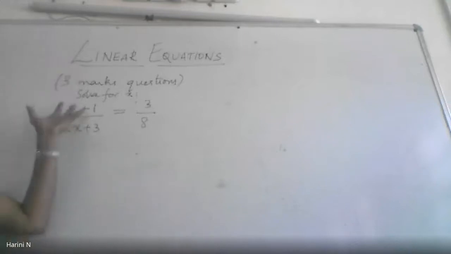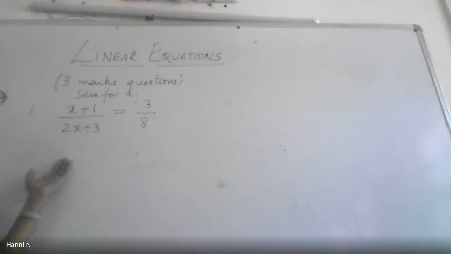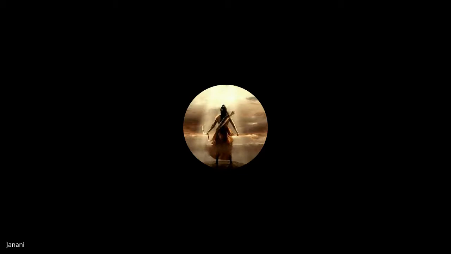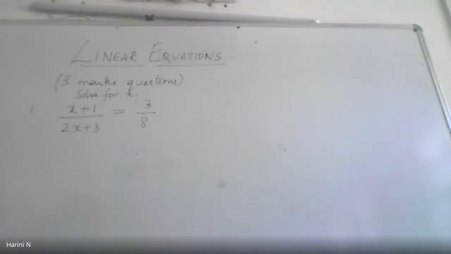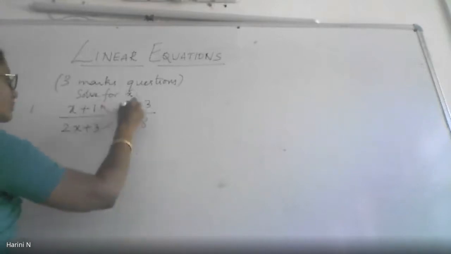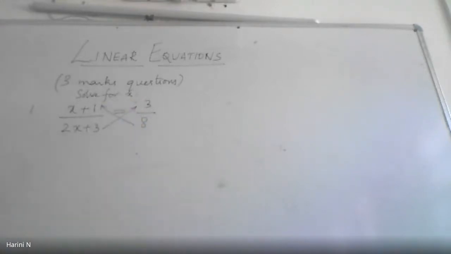Now here, there are some fractions because in the LHS, that is the left hand side, you have a numerator and denominator. Again, in the right hand side also you have a numerator and denominator. So you have to see how you can reduce it to a linear form first. So to do that, do you remember what we have done? Can you recall? Ma'am, cross multiplication. Yes, we have to take up a cross multiplication here where the numerator and the denominators will get cross multiplied like this. Right? So let us see what happens on cross multiplication.